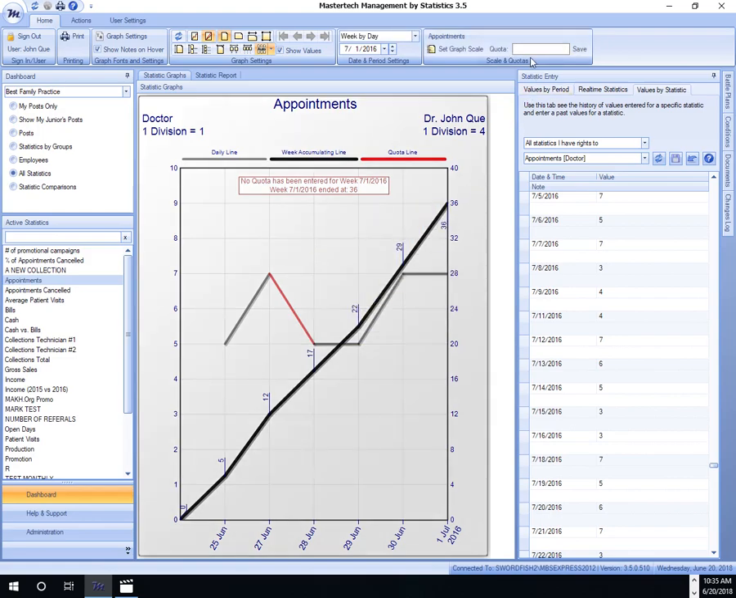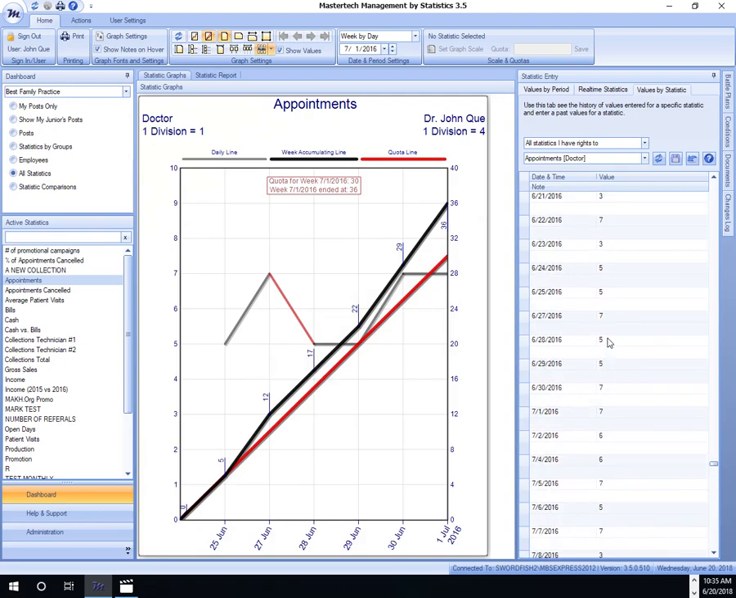I can just click on the graph, enter the value, save it, and it will display that particular quota to see if I'm above or below my target. On the left side here, what I have on top of this graph is the actual values which have been entered on the left here. So for example, here on the 25th of June I had 5. That would be